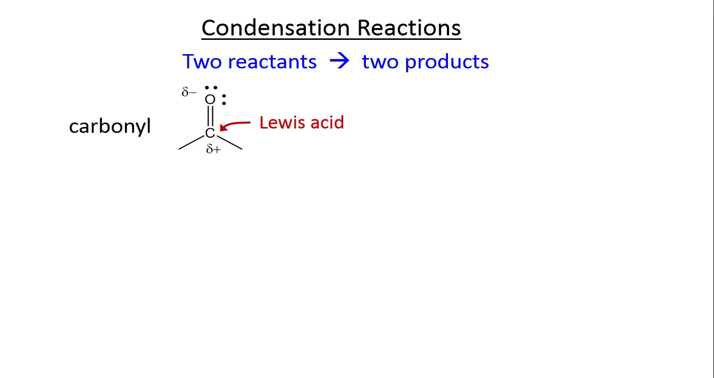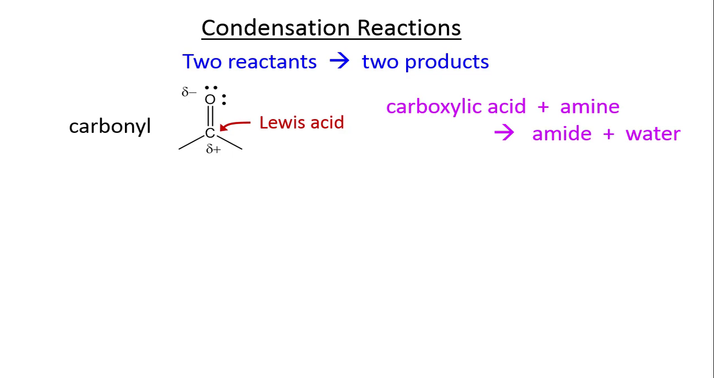A typical condensation reaction is one between a carboxylic acid and an amine to form an amide and water. We can draw the Lewis structures of the reactants. We recognize the carboxylic acid with the carbonyl and the OH, and we recognize the amine with the nitrogen, two R's and an H. We know in an amide that nitrogen bonds to carbonyl carbon, so we've lined them up